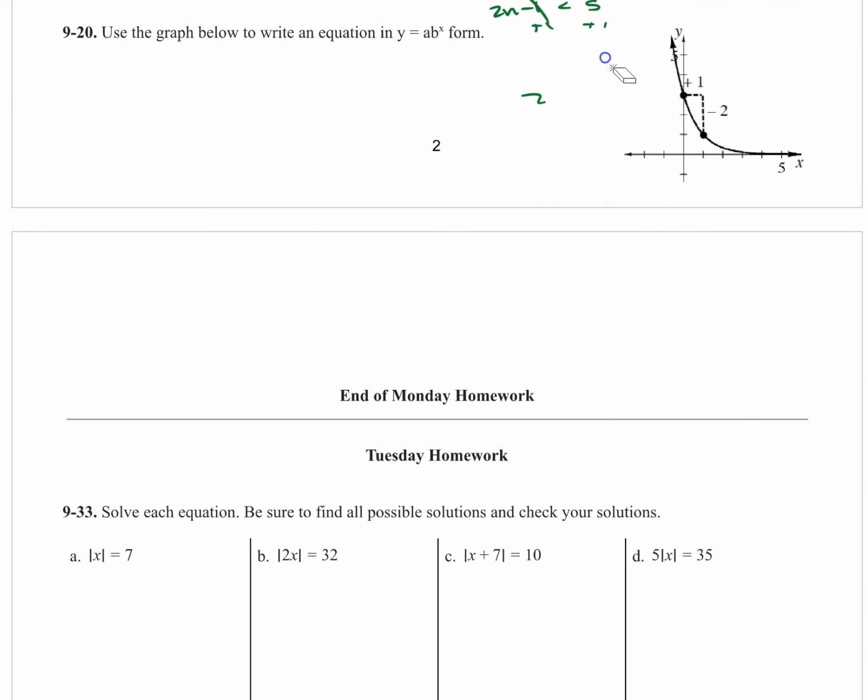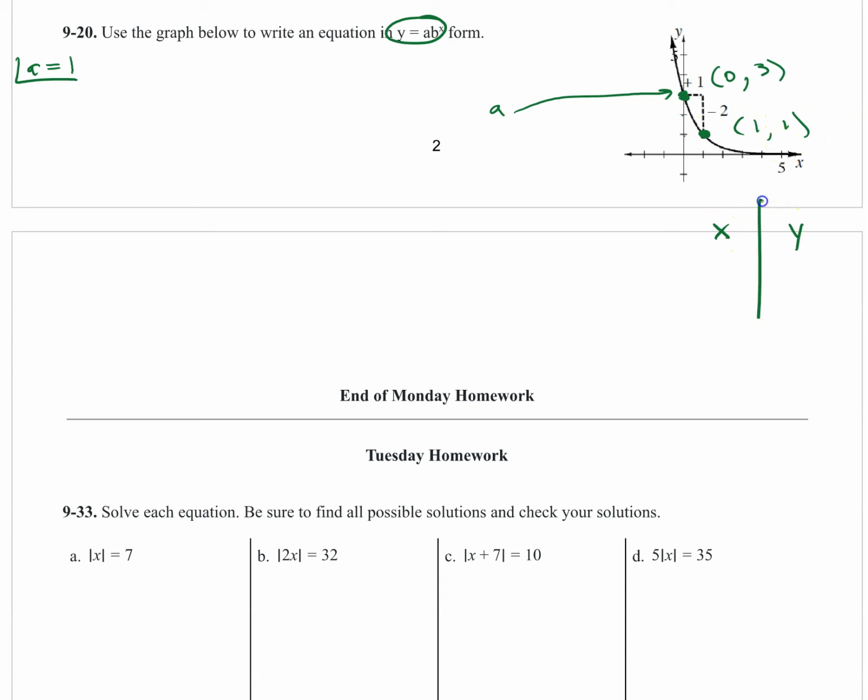9-20. Write the graph in the form a times b raised to the power x. Okay, this is our starting value. A equals 1. Alright, the coordinates of this point are 0, 3. Okay, the coordinates of this point are 1, 1. Now, if I put those points into a table, 0, 3, 1, 1,